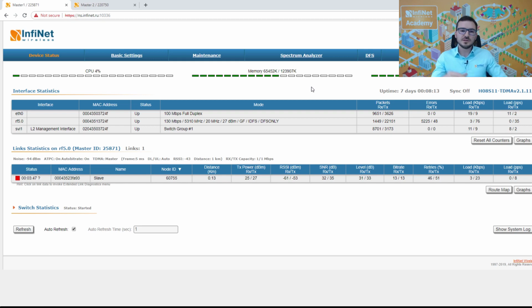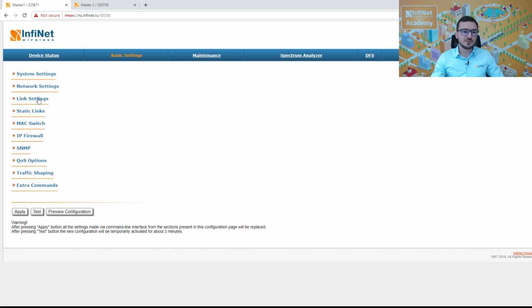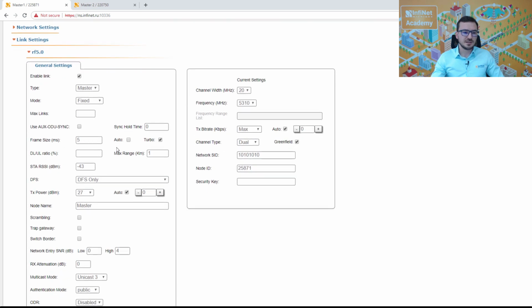Right, now instant DFS, if you have selected DFS only or DFS with radar detection in the link settings, then instant DFS is enabled by default if it is supported by the unit. There is no separate setting for instant DFS. Now regarding the regular DFS, you have three options: DFS only, DFS off, and DFS with radar detection. On this unit I only have DFS off and DFS only. It's a very old unit and it doesn't have all the options,